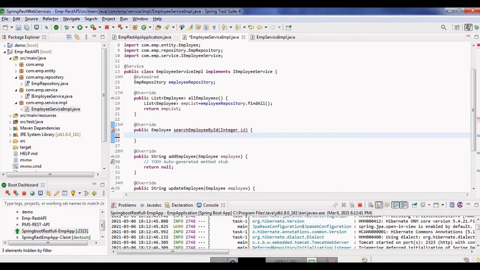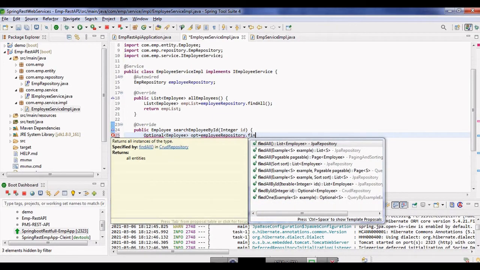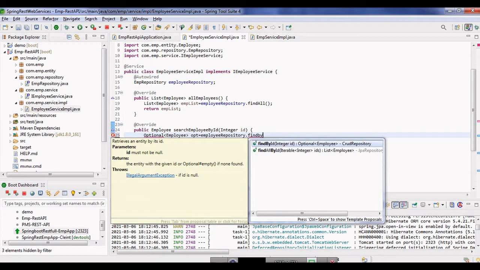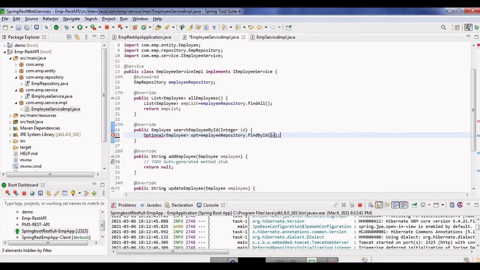We use this Optional find by ID method, and the ID is passed as a parameter for which you want to search the employee.